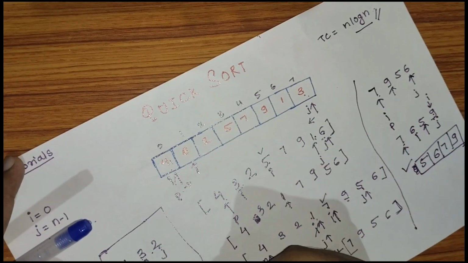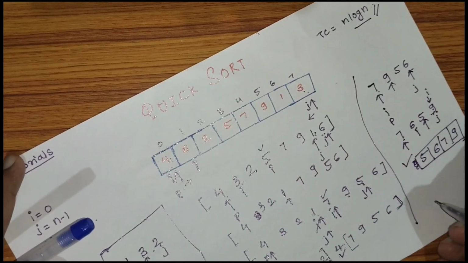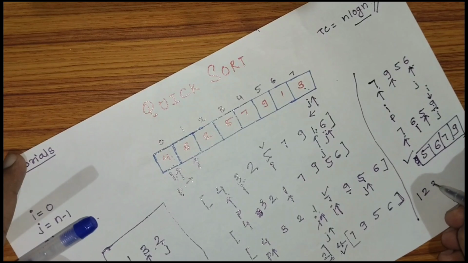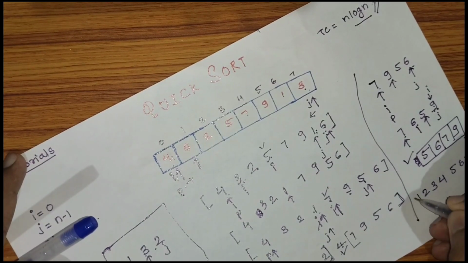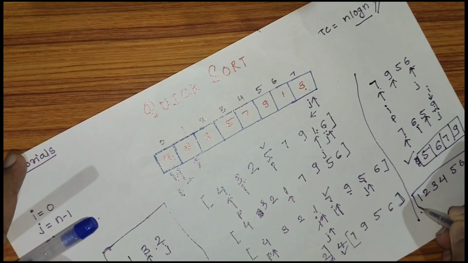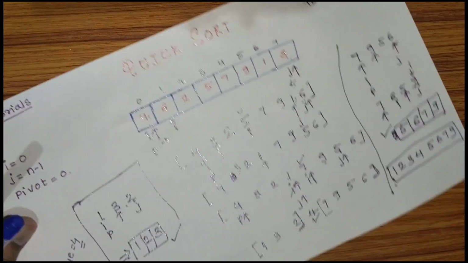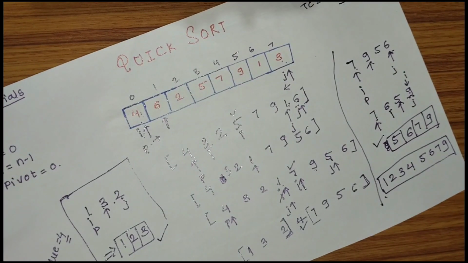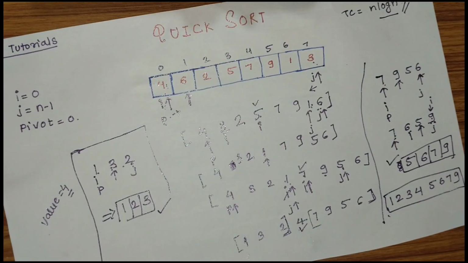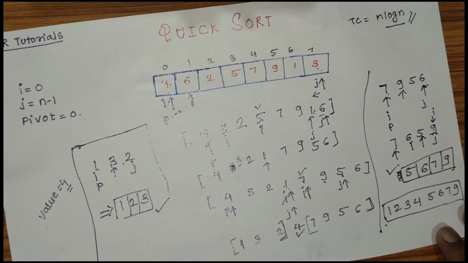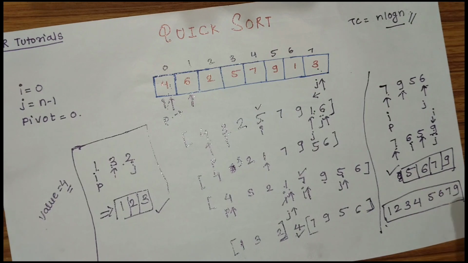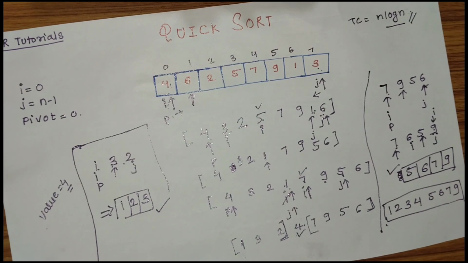So yes, this array and these 4, we will now merge. 1 2 3 4 5 6 7 9. Got it? So this technique, I know it's kind of messy to just see, but you can slow down the video, or repeatedly watching will definitely let you know how quicksort basically works. And I have covered all the possible topics.